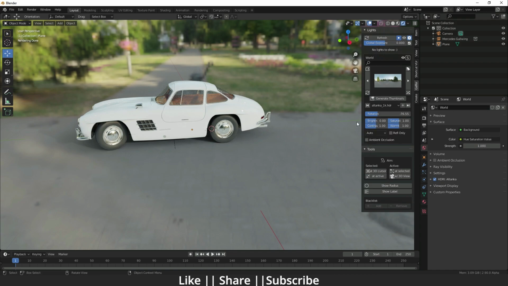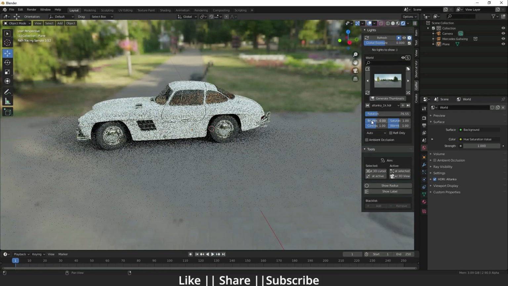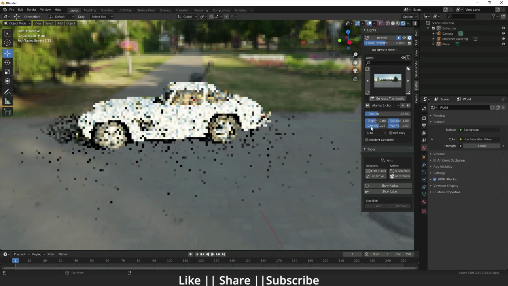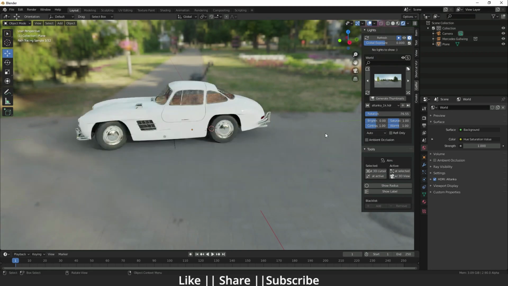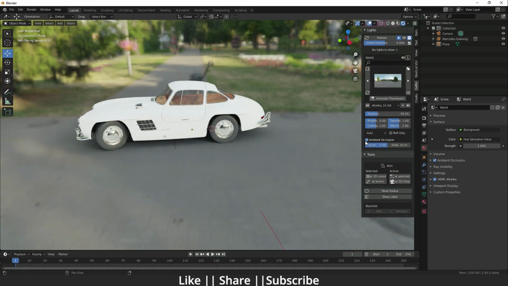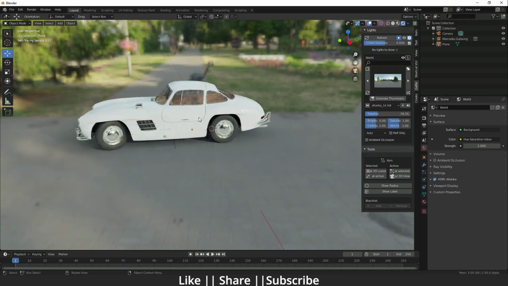Then after that, here are some brightness options and a contrast option. So you can add more brightness and contrast to your scene. It gives a more realistic effect on your renders. And you can also enable ambient occlusion. I think it's not needed, but sometimes we need some extra ambient occlusion, so we can use that. In my opinion, I never used it, but if you feel you should use that, you will get a good result. So you can use it. Right now I'm just going to disable that.